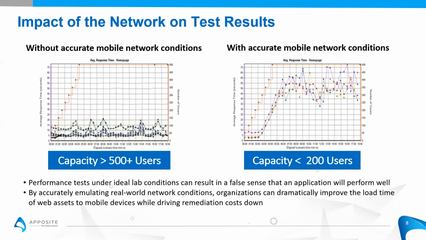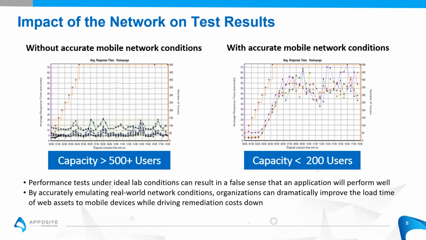So if we go to the next slide here, here's a quick little diagram of some homepage tests. If you look at these two performance graphs, we can see that in a nice, clean kind of LAN or non-dirty network setting, this homepage can easily handle over 500 users simultaneously without any problems. But we move that same exact homepage over to a network that's a cellular network or a network that emulates cellular connectivity, and the service level objective is not met. And the homepage performance decreases to less than 200 simultaneous users.